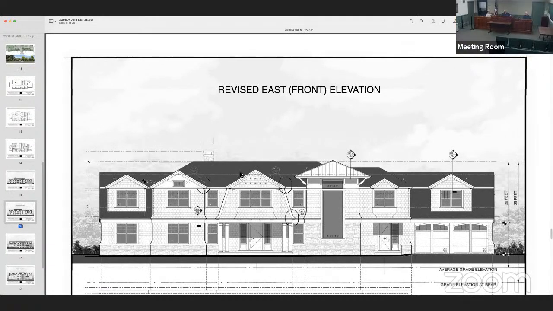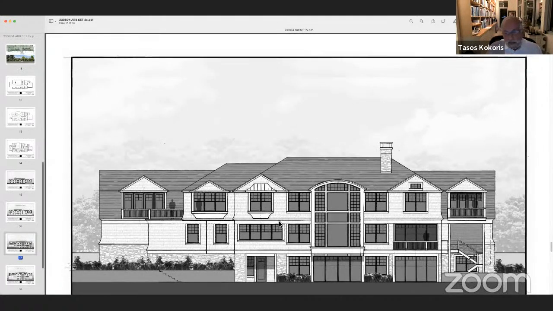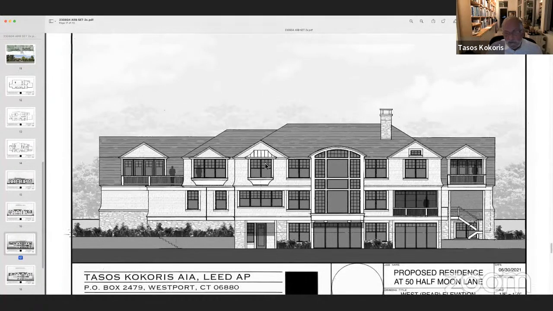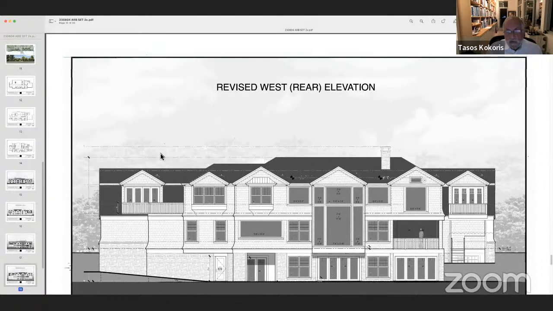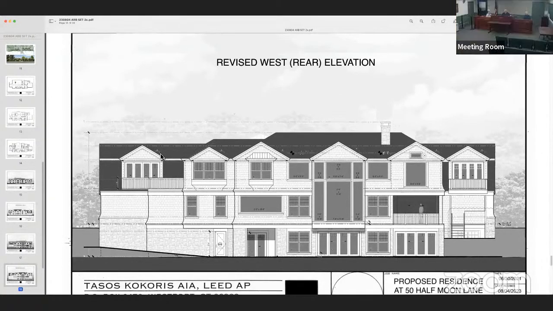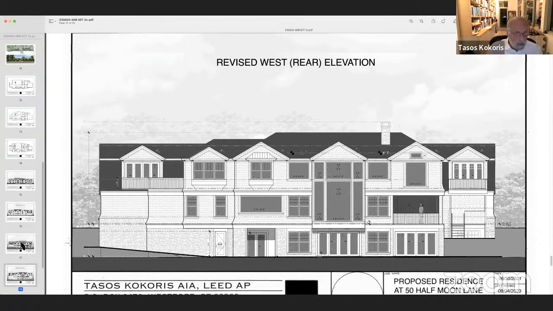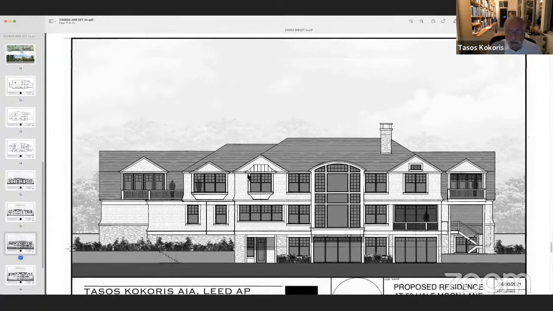Could you show the rear elevation again, and then toggle between the old and the new? Sure. This is the old rear elevation. And this is the new rear elevation. Right, so the exterior, or the farthest right and farthest left, windows seem to have changed. They're not divided. Actually, I apologize.